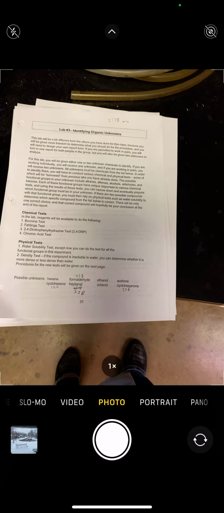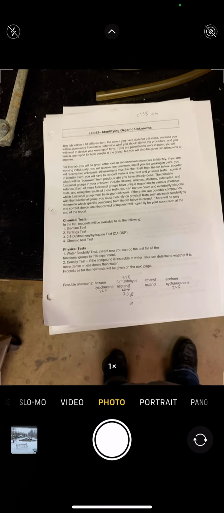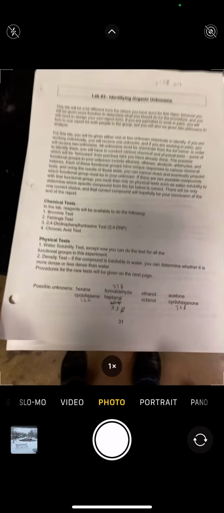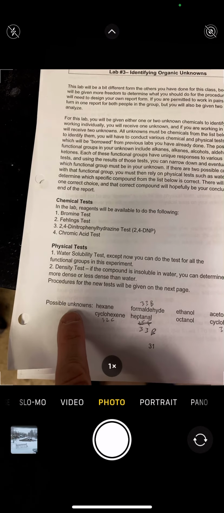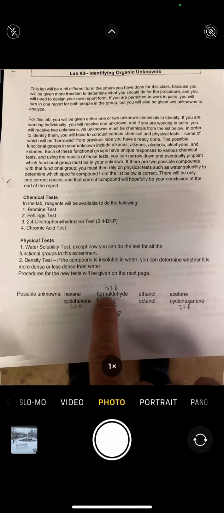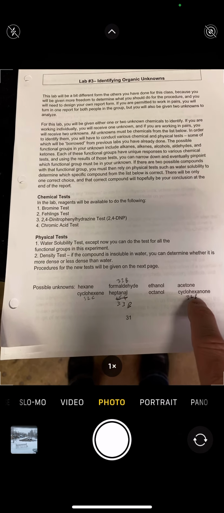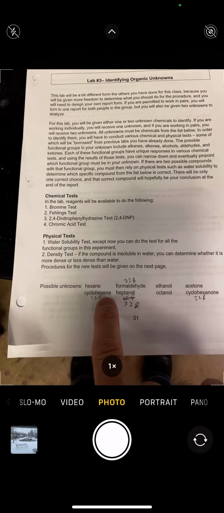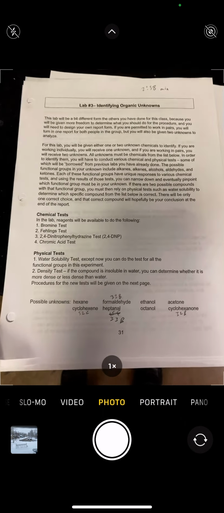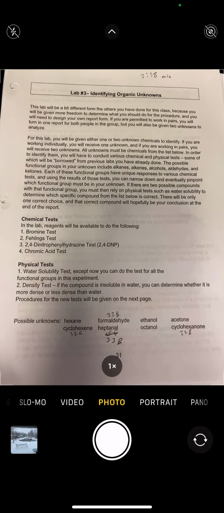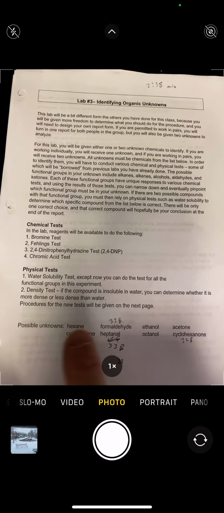Okay, so what we're basically doing is adding various chemicals to different organic substances, and depending on how they react, we can tell whether there's a presence of a functional group or not. The possible unknowns are hexane, cyclohexene, formaldehyde, heptanal, ethanol, octanol, acetone, and cyclohexanone. Ignore these numbers here. This is the shelf number they're on in our stockroom. Your unknown is one of those. So part of your goal is to use the data that I'm going to show you in a second to figure out which one of those is